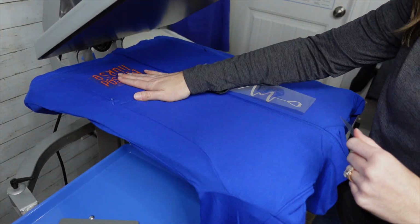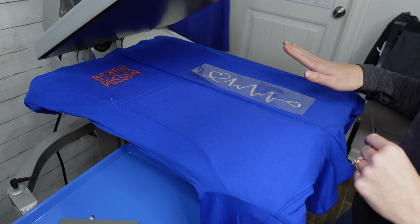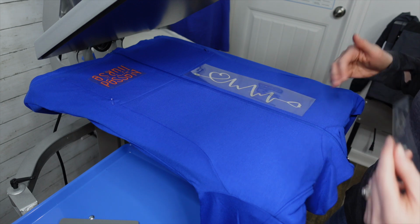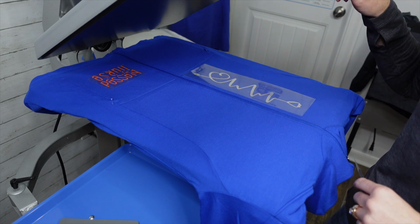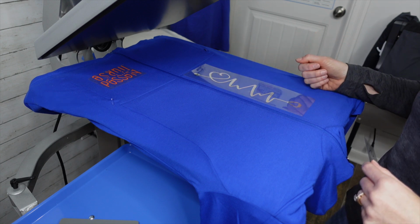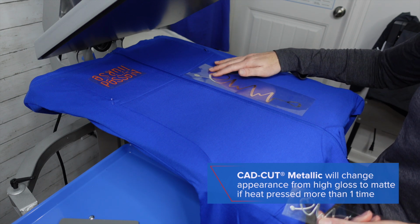Now you could place the UltraWeed and then do the metallic at the same time. However, when you peel the carrier from metallic, you have this really nice mirrored smooth effect. I don't want to call it glossy, but it looks kind of glossy. When you go and you hit the heating element again on metallic, you change the texture of metallic. It becomes what I like to call a brushed look. You have more of a matted chrome versus a gloss chrome, but you really see a brushed-like texture into the